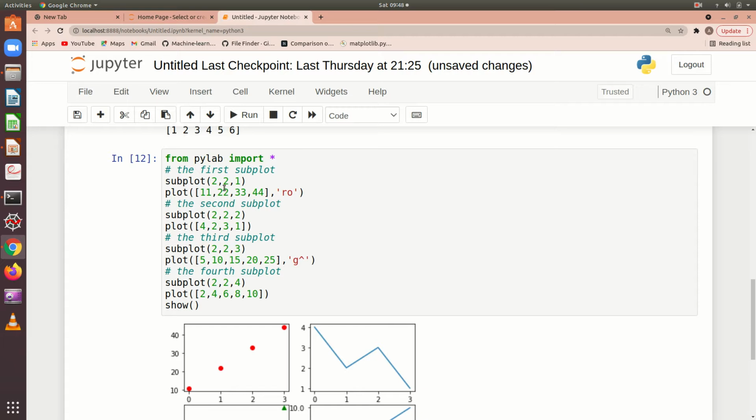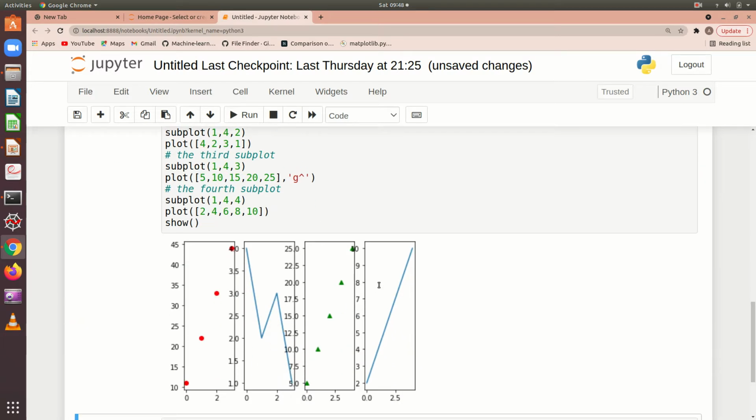Suppose I change this to 1 comma 4, so one row with 4 columns. I change it to 1 comma 4 and run it, and you can see 1 row and 4 columns have been created.